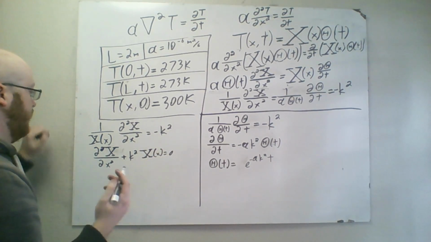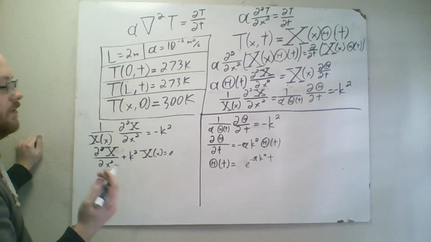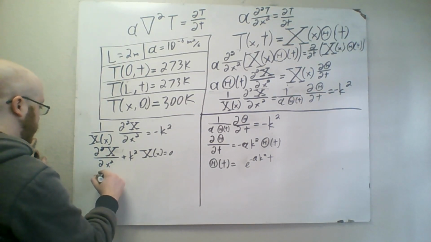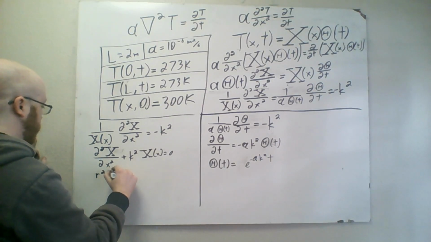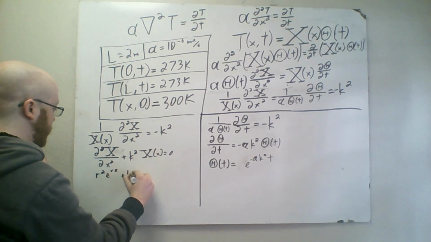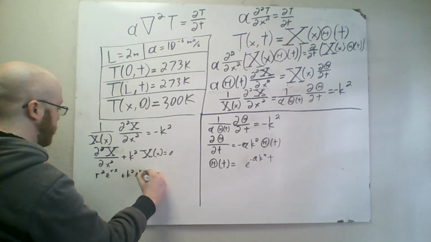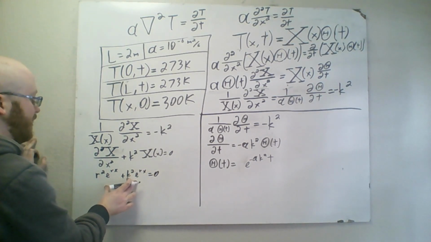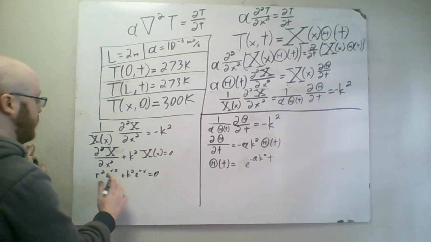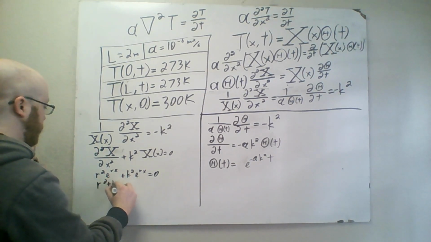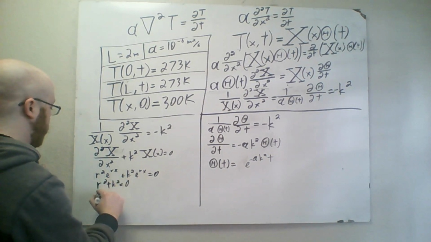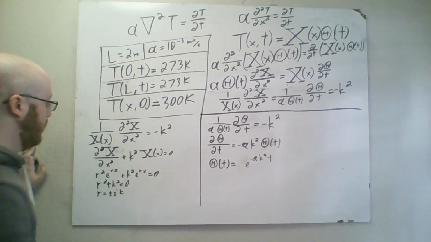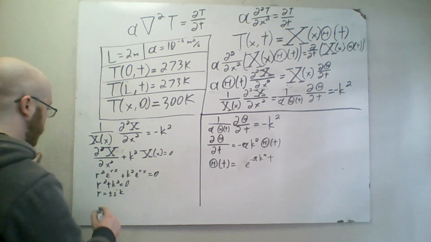If we guess e to the rx, where r is just some constant, and plug this in, we get r squared e to the rx plus k squared e to the rx equals 0. We can divide by e to the rx since it's never 0. So we have r squared plus k squared equals 0. So r equals plus or minus ik. Right. So our solution is